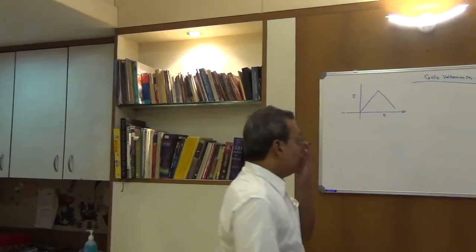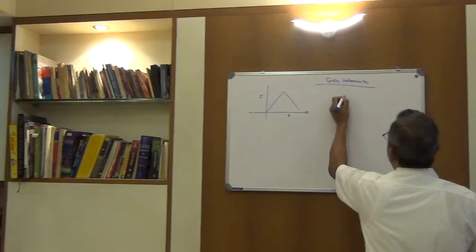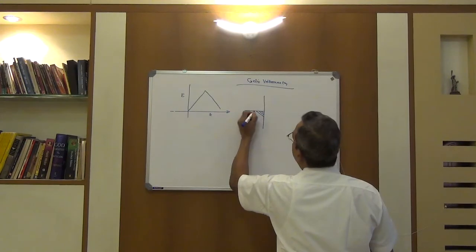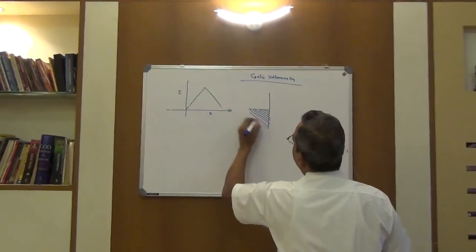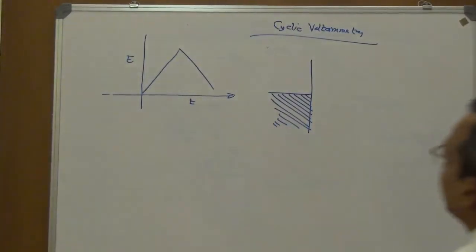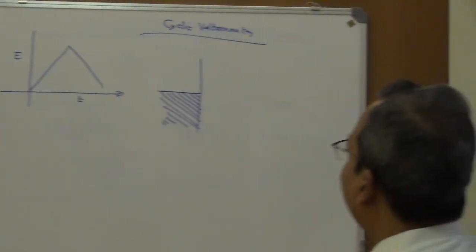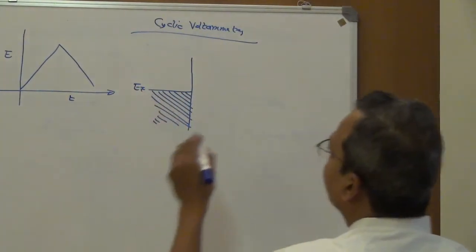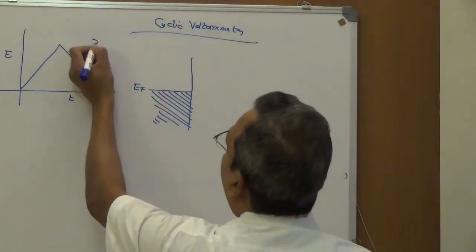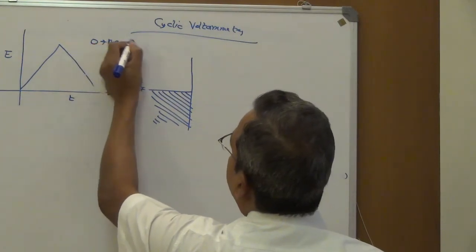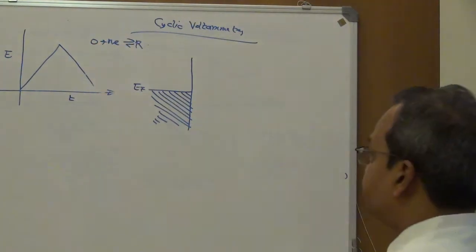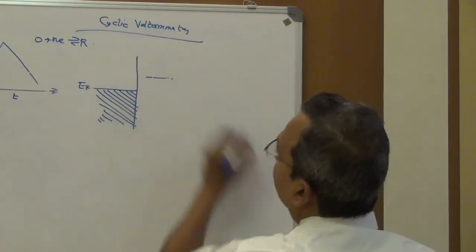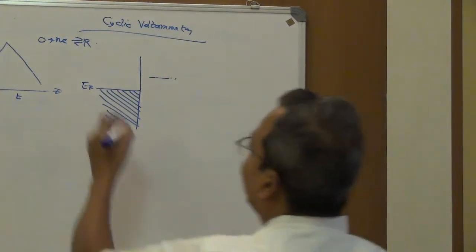So when you apply the potential to the electrode, what is going on at the electrode? First, this is the electrode side, and these are the filled states of the metal. That's how we represent the metal using band theory, and this is the Fermi level. And we have a redox couple. What reaction are we studying? O plus ne goes to R, if you remember. And the redox potential of the species is somewhere here. Let us see. And this is my energy axis.